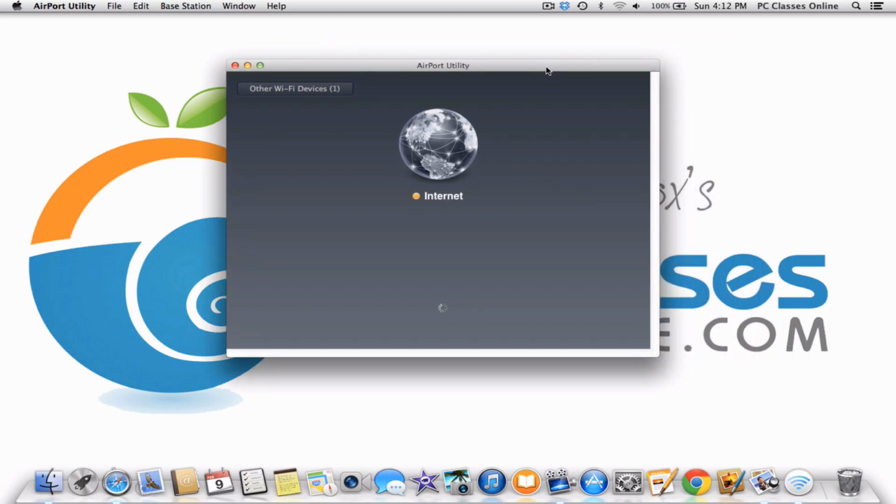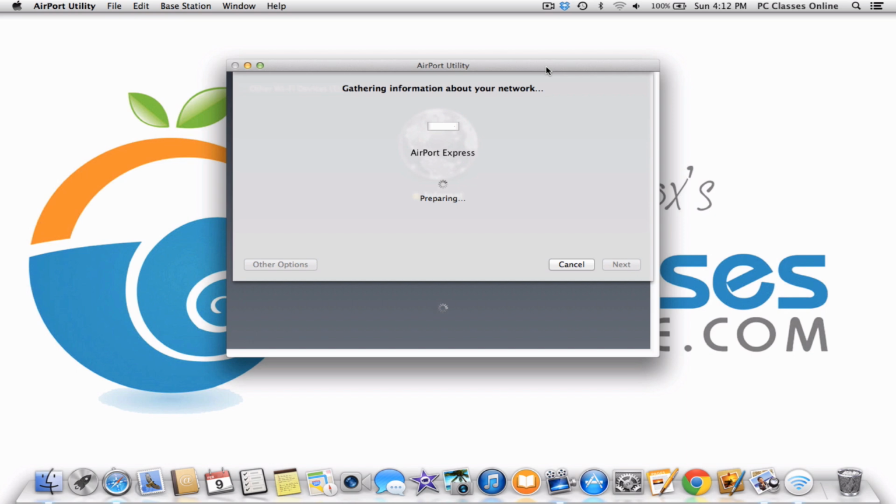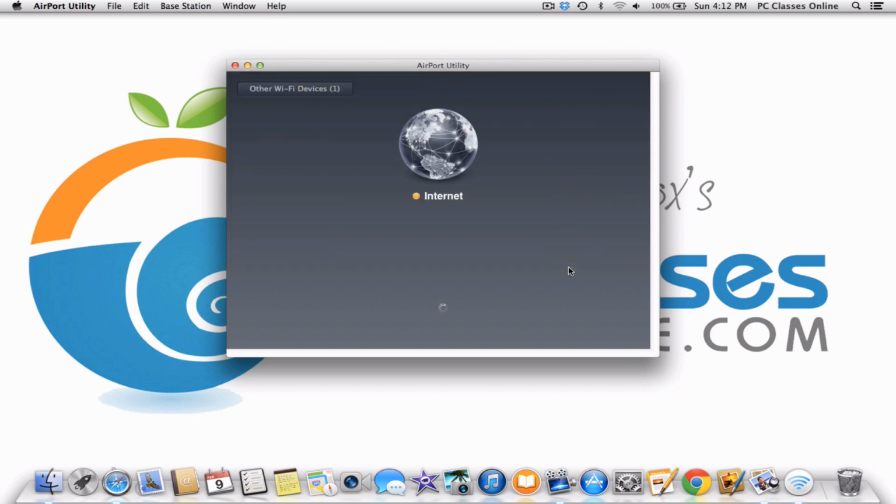And I'm going to show you how to go from here. Now, right now, I am sitting in my office. I have an Airport Express that I have wiped the data from. It's next to me. It is not plugged into a modem. It's never been plugged in, but it's not connected to a modem, so it is going to give us error